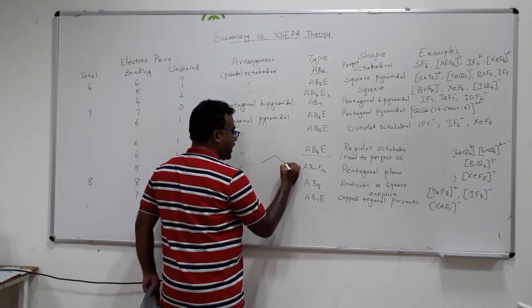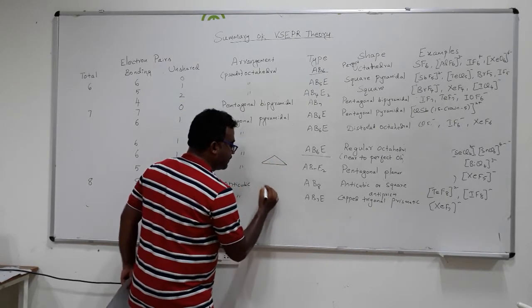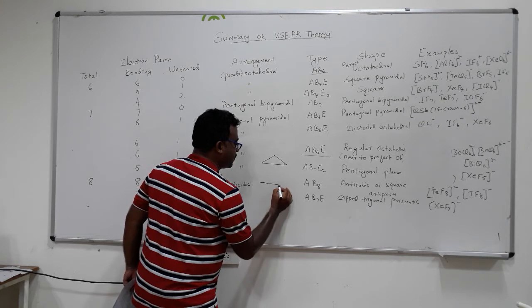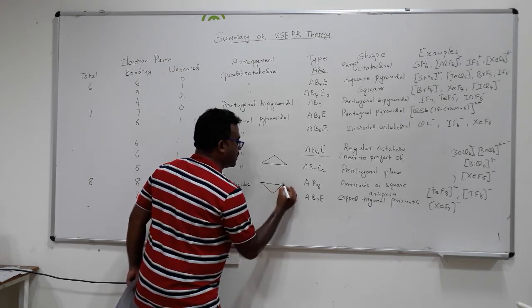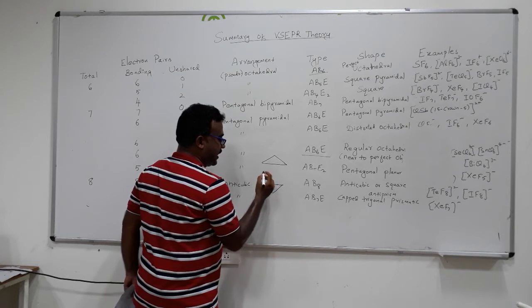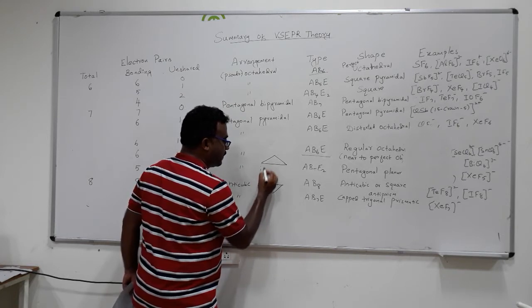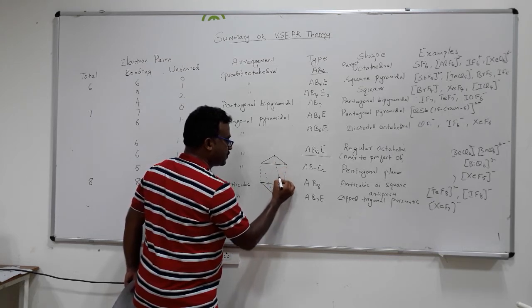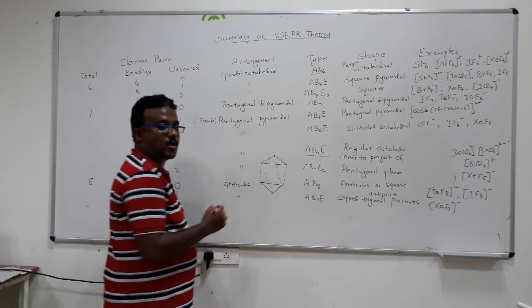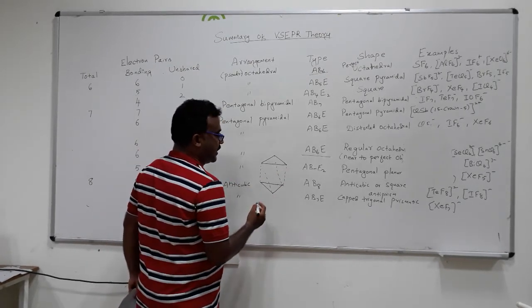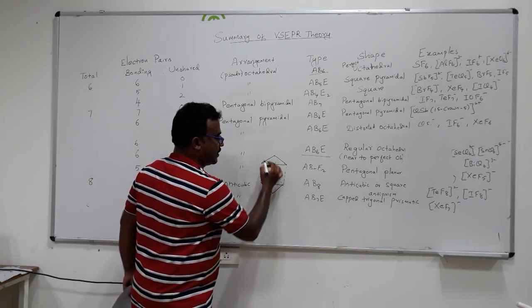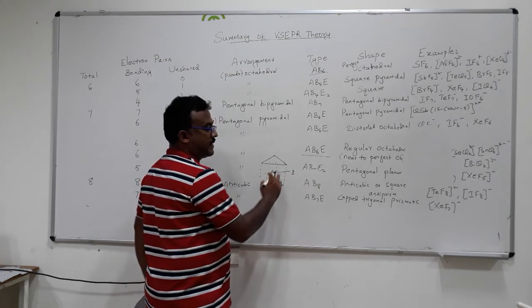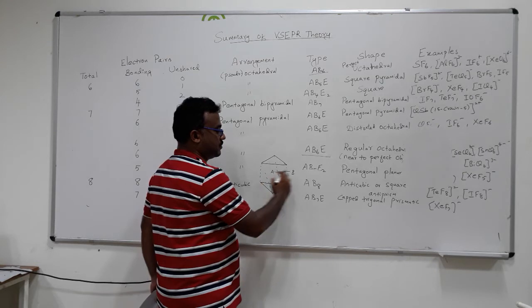Again you have to draw a trigonal prism. These two we need to connect. If you connect it like that, you will get a trigonal prismatic. Then you keep A there, and the corners will be B, and then one more B. One of them will be focused on the center pole.